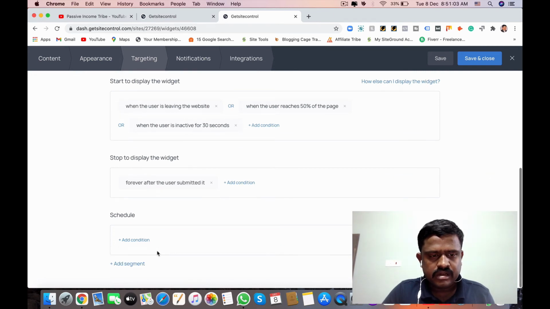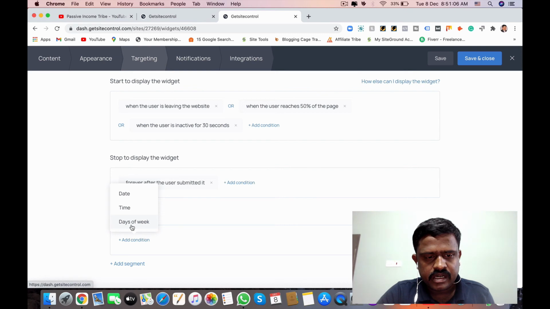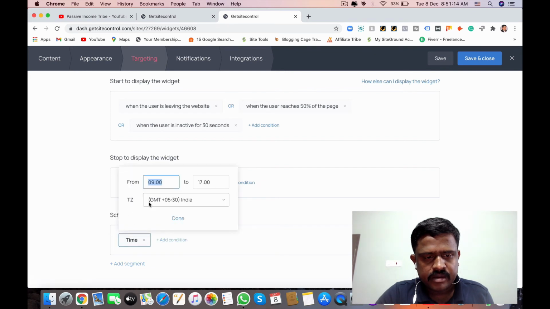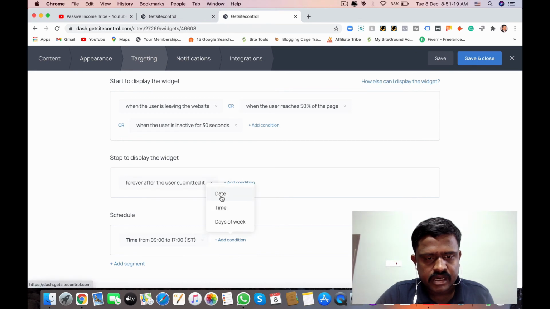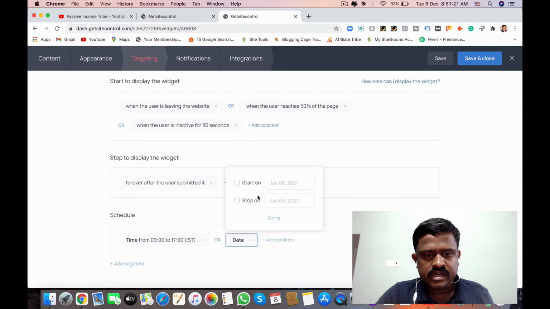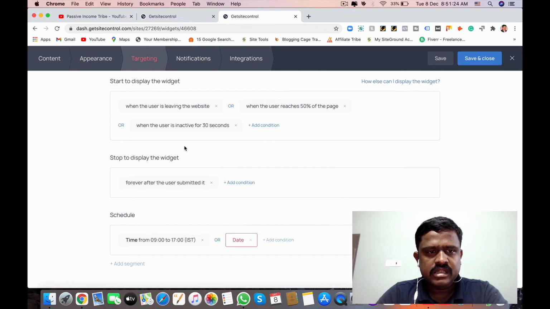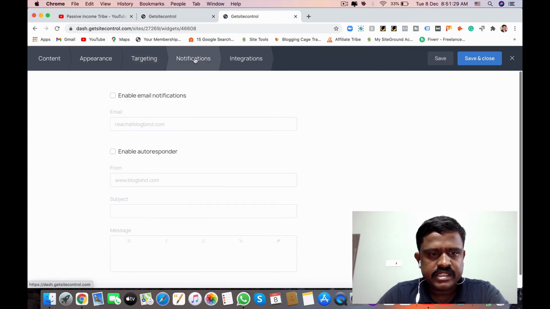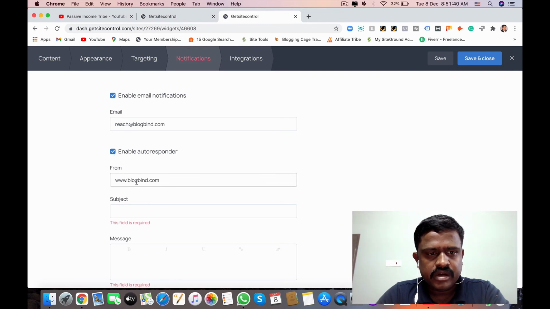Then schedule, we can schedule by days of the week, all the days. Okay, and time, a particular time, we can schedule time-based, and date-wise you can schedule start on date, stop on date. Okay, these are all the targeting options we have. Then notification, we can enable email notification from email, your official email, and enable autoresponder. Here you have to give